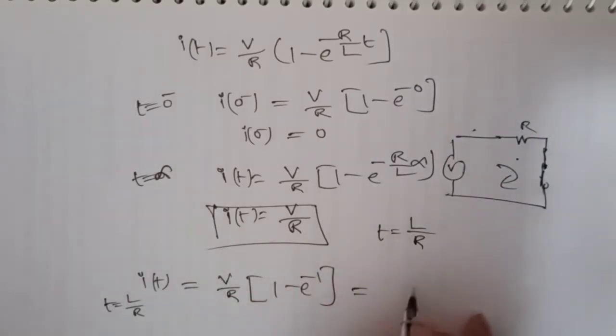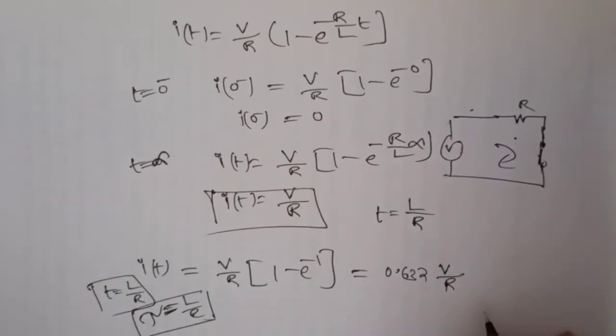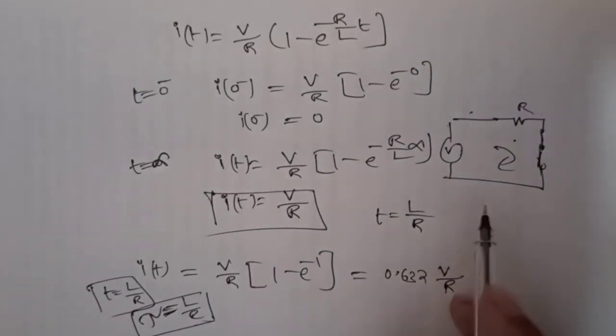So if you solve this equation, you will get 0.632 times V by R. So what is this t equal to L by R? We can call it the time constant tau, that is equal to L by R. It means the value of the time at which the current in the circuit reaches 63.2% of